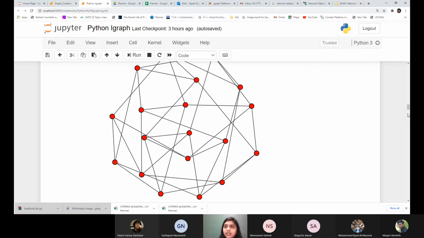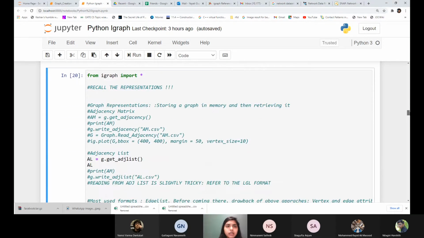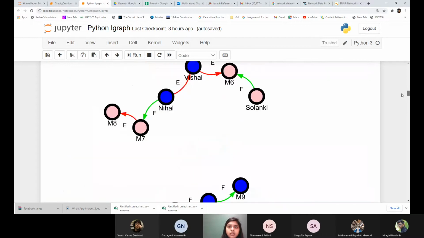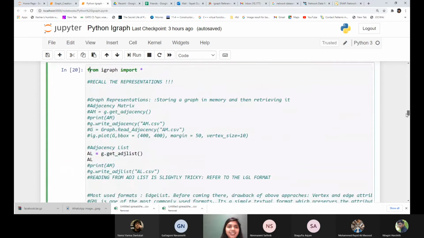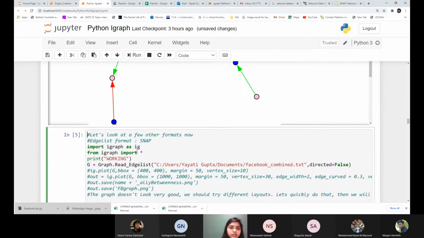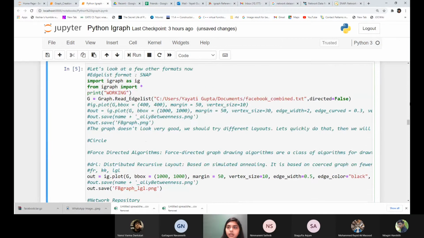What we can do is store all these graphs in any of these representations. Let's look at a few here. Let's talk about the first one, adjacency matrix representation. I'm going to use the same graph which we built above, this one over here, right? So my small g is this graph here. I'm going to print its adjacency matrix representation. The function here is g dot get adjacency, which gives me the adjacency matrix for this graph. I'm going to comment out all the remaining things here. And let's execute it.